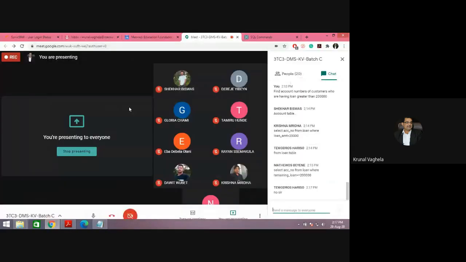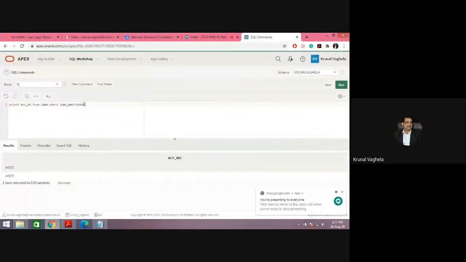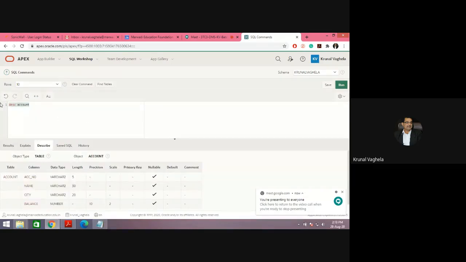To show the structure, we have also learned the command DESC account. It will give me the structure of account. DESC installment. So it will give me